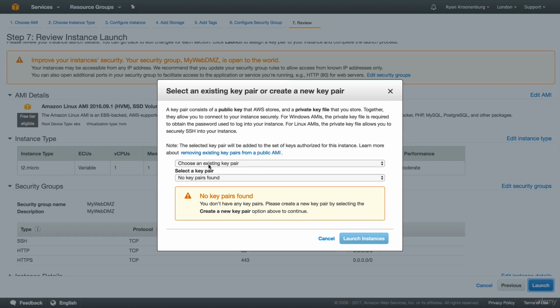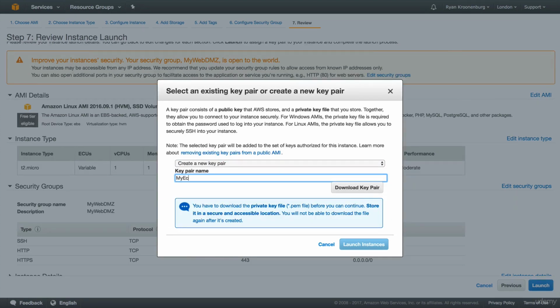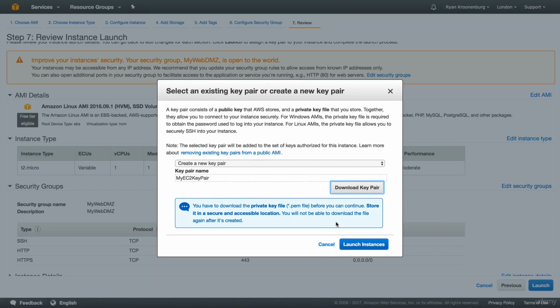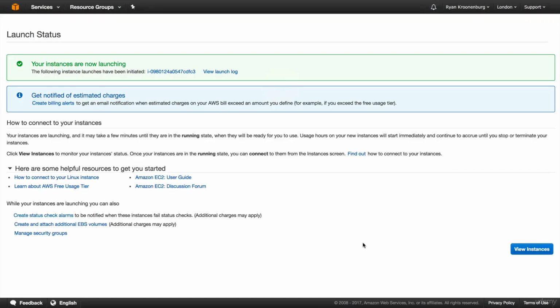So what we want to do is go in and create a new key pair, and we just want to call this my EC2 key pair, something like that. And now what you want to do is download it. Click download, and that will save to your downloads directory. You're going to need this file later. So once you've done that, go ahead and hit launch instances, and there you go, your instances are now launching,